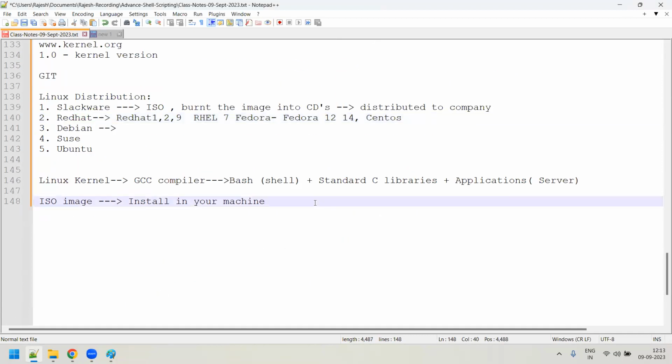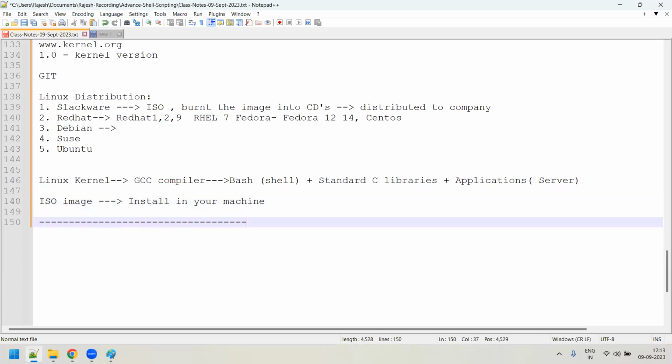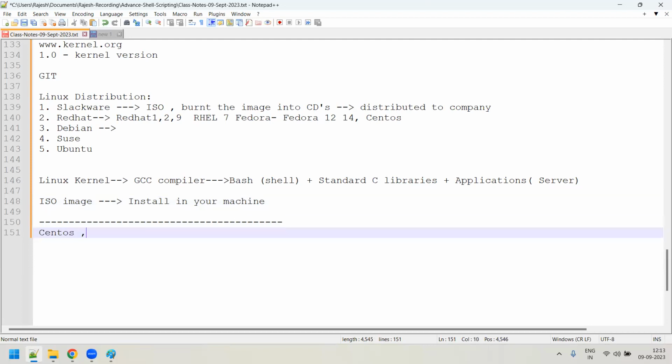So this is how distributions came about, and they came up with their own distributions and started making a lot of money from that, right? Okay, fine. At the very beginning, as I said, I'll be using CentOS and the Ubuntu flavor of Linux. I have my AWS account, so I'll log into it and create these servers, because ultimately we start working on Linux. So let us see how to create the servers and how to log in, and then we'll proceed further.